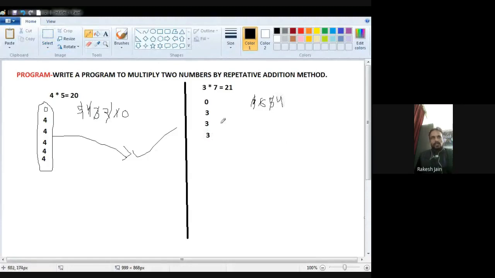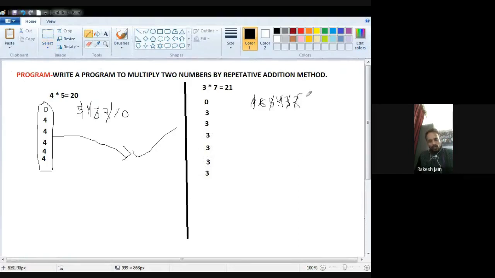One more time add 3, then decrement, so 5 becomes 4. One more time do the addition, then decrement again. One more time do the addition, and keep decrementing till the decrement register value is 0.